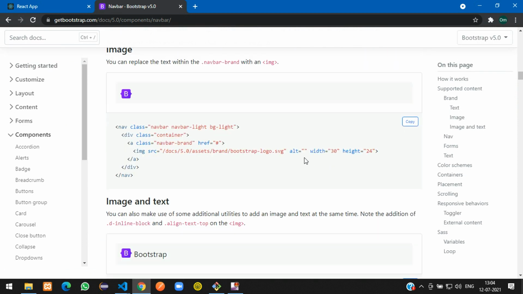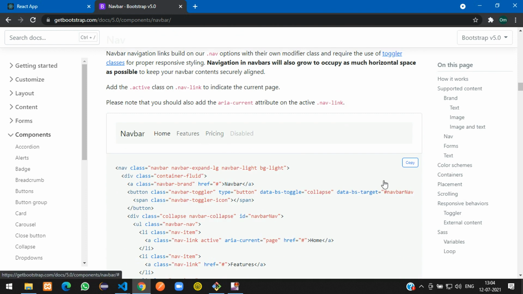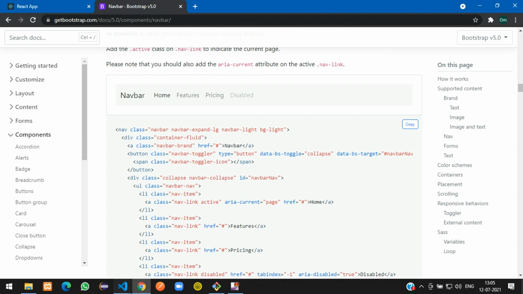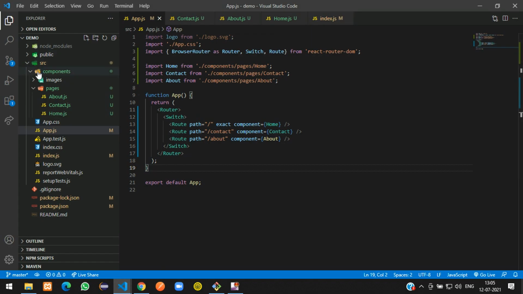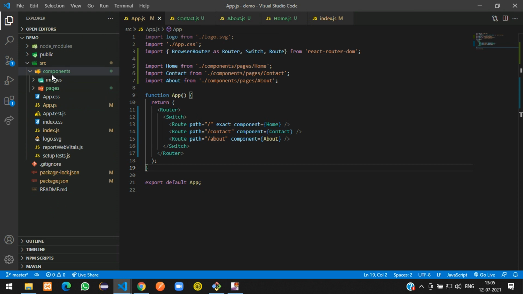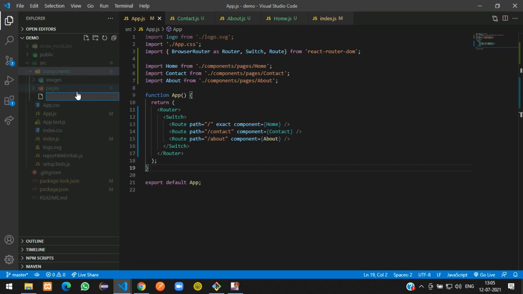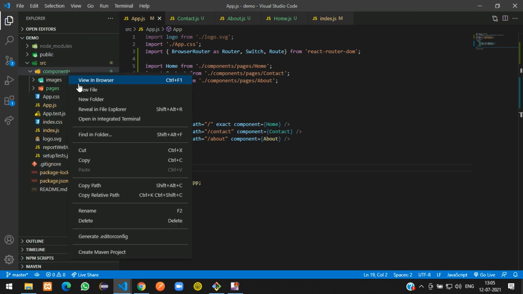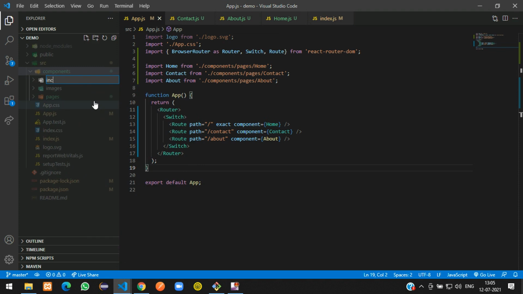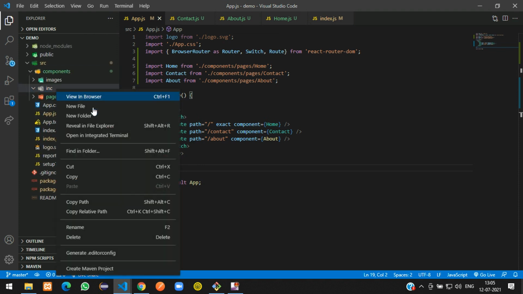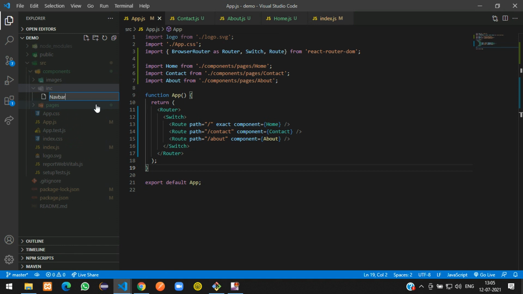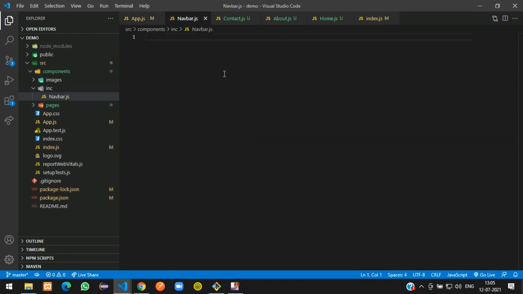So we are going to take a simple one, and I'll take this. Just click on copy. So let us go to our code, and inside this components we will create an inc folder, new file, it's new folder. So the includes we will keep in the navbar over here, say new file navbar.js, hit enter, and here let us import React from React,